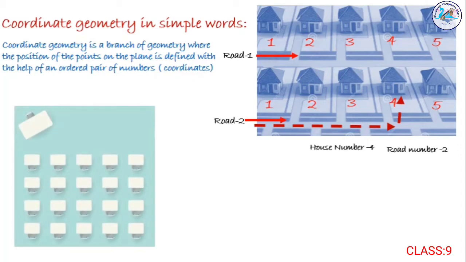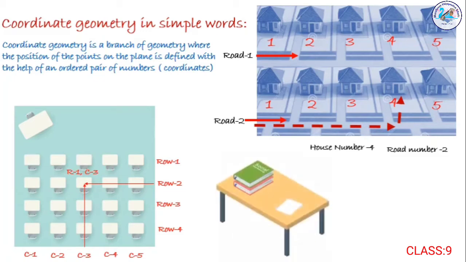In an examination hall, if you want to identify your seat exactly and easily, you need to know in which row and which column your seat lies. For example, R1C3 means row 1 column 3. Here two parameters, in which row and which column. Unless you use these two parameters, it is difficult to identify your seat. If you know these two parameters, it is easy to identify your exact position in an examination hall.